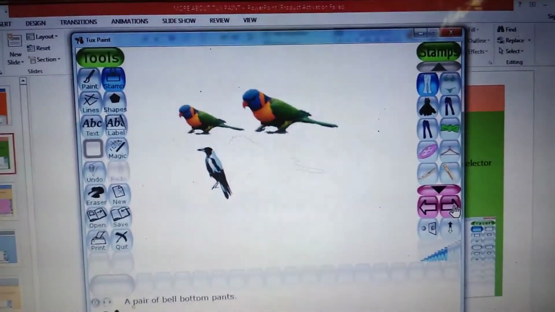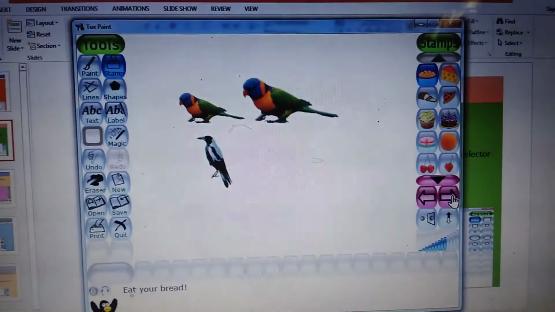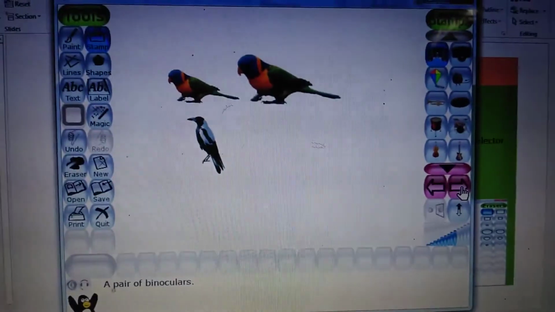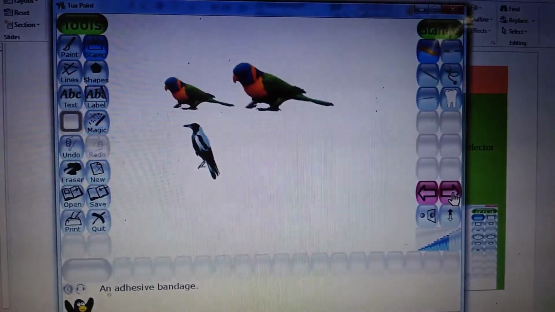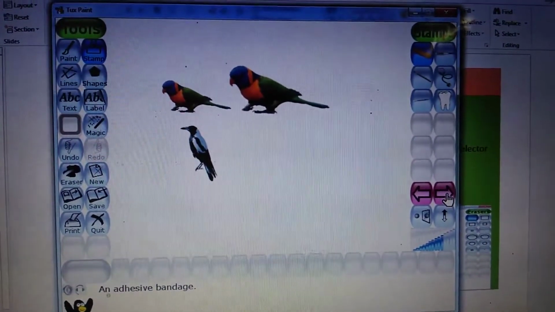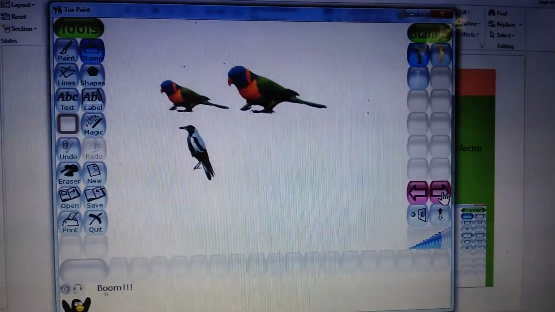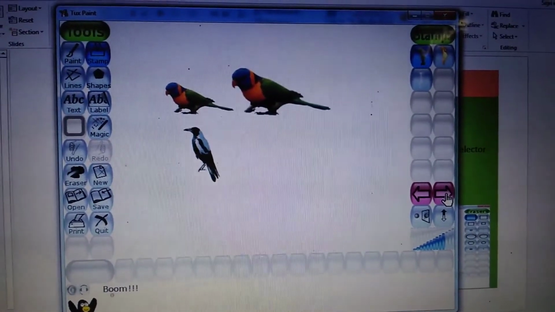Now I don't want these images over here. I don't want these fruits also. We are having different kinds of images. Whichever image you want, you can use the left arrow key and select.